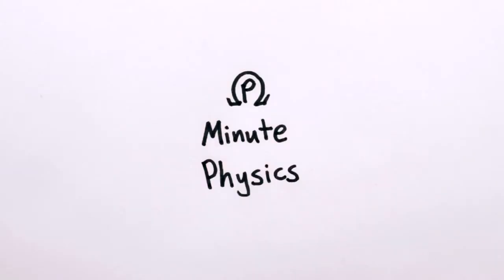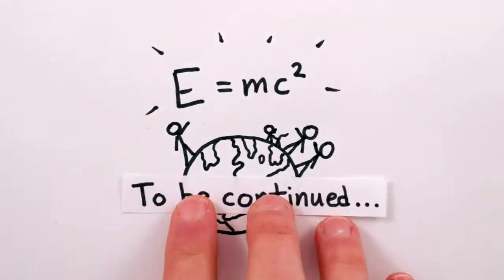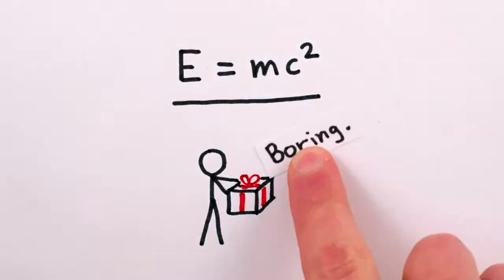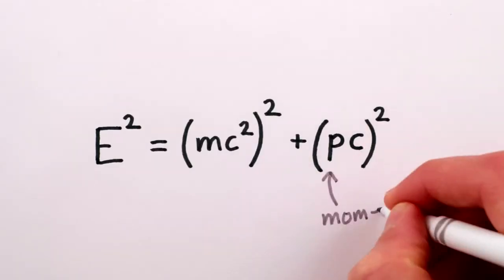E equals mc² may be the most famous equation in the world, but what you might not know is that it isn't the whole story. It just describes objects that have mass and that aren't moving. The full equation is E² equals (mc²)² plus (pc)², where p represents the momentum of the